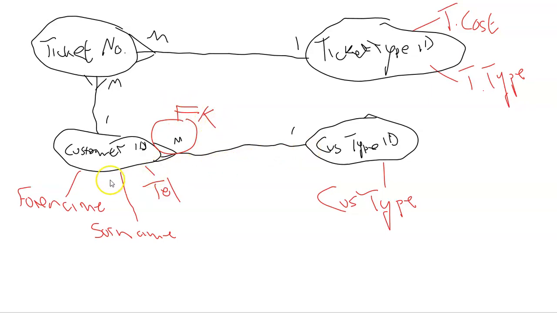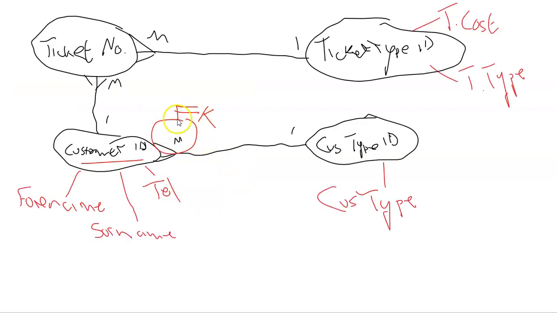So our foreign key is going to go in the customers table. Hence, we have customer type ID in the customers table. That's our foreign key. This is how we're going to make that connection between them. So when we're actually creating these tables, we would link those two and enforce referential integrity. So you drag that way. You drag from customer type, the primary key, to the foreign key, but you would have to put the foreign key in first. So just to reiterate, the foreign key